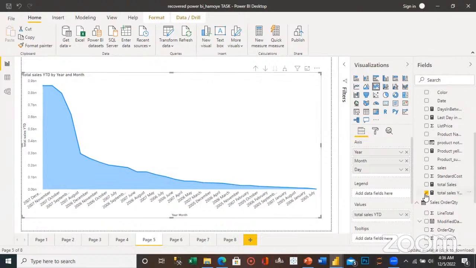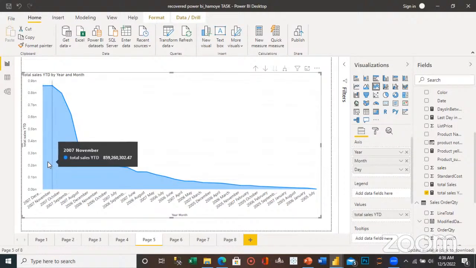How I built this visualization is the same: I took the total sales YTD to my values, then I took my dates to my axis, and that was how I got this visualization. You can see that in 2007, December total sales